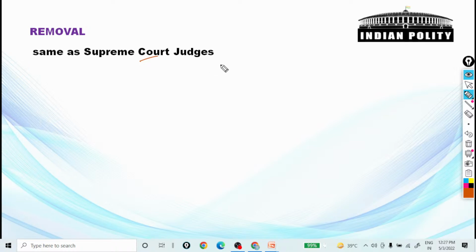But one judge, Justice V. Ramaswamy, in 1993, who was charged with corruption when he served as the Chief Justice of Punjab High Court, and the corruption charges were leveled against him, and he was to be removed. Rajya Sabha passed the resolution, but Lok Sabha abstained from voting, and hence the resolution came to an end halfway.